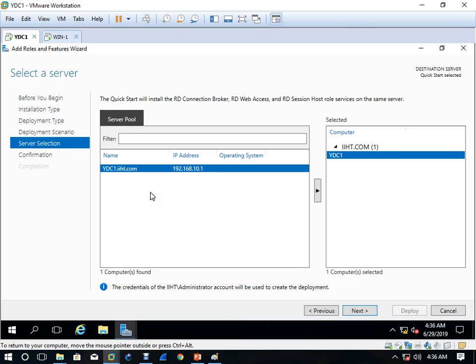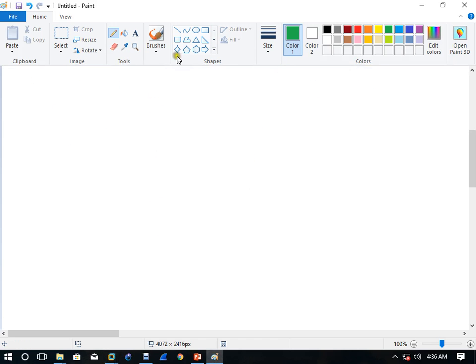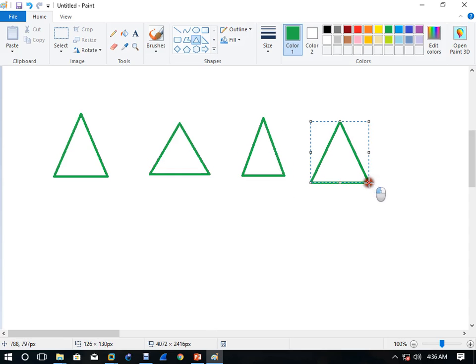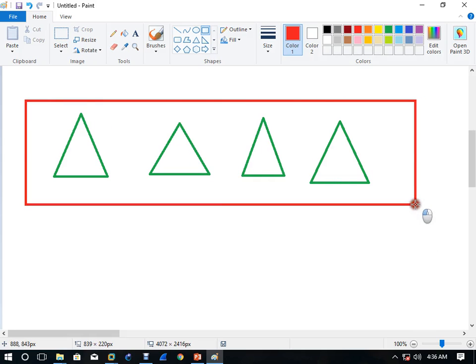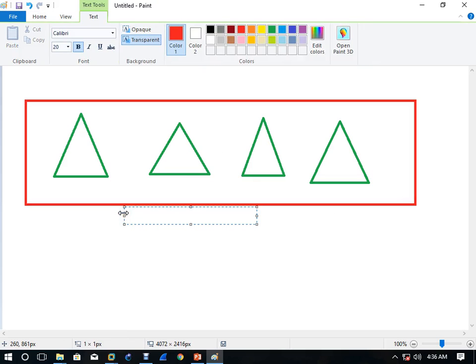Now see, there is a server pool. Server pool means maybe one organization has many servers, like one server, two servers, three servers, four servers, right? Now you have the option to add all these servers in one place and give it a name, the server pool.